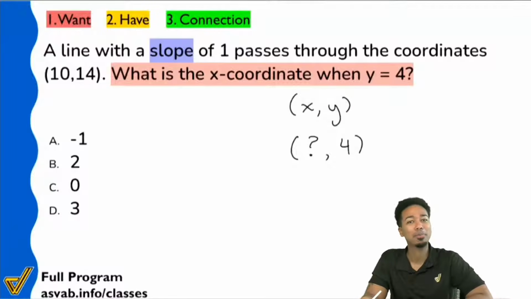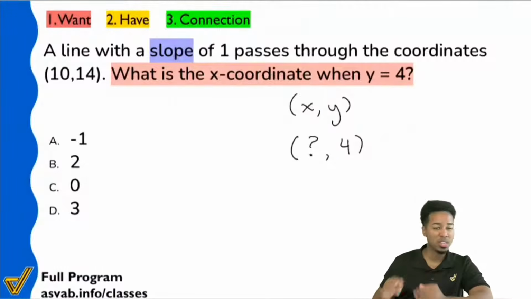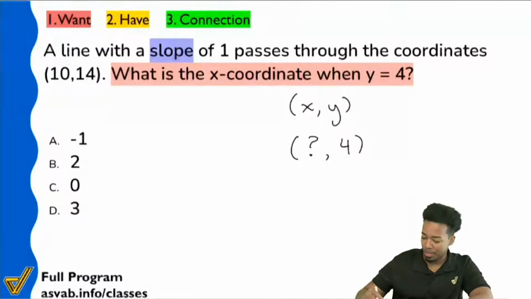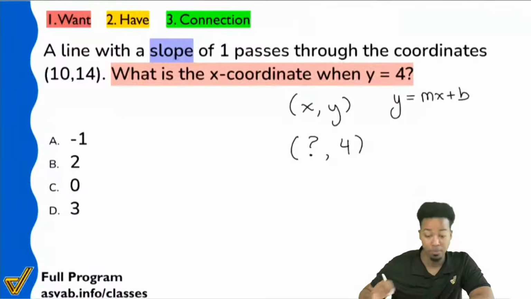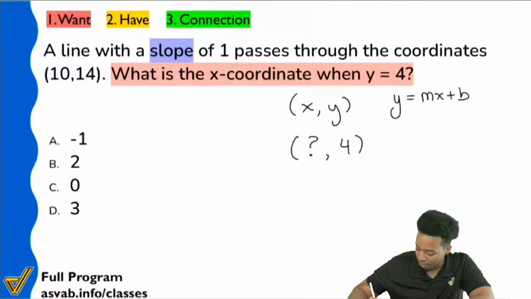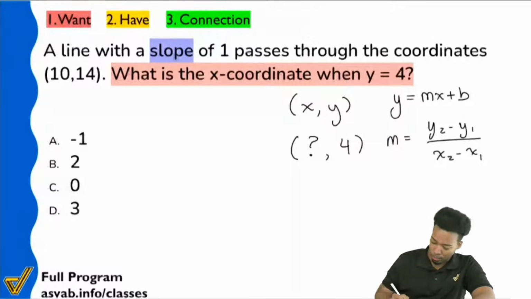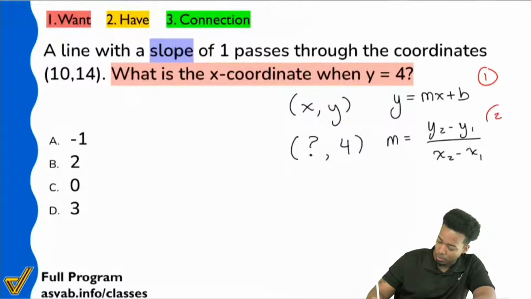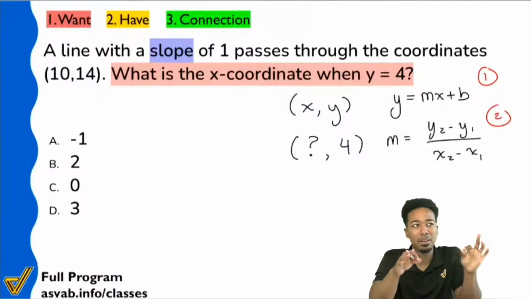Yeah, there's absolutely a potential formula. Now, a couple of us here might be thinking one of two things. Some of us might be thinking that we're dealing with a y equals mx plus b problem. On the other hand, some of us might be thinking that we're using this formula here: m equals y2 minus y1 over x2 minus x1. So let's mark these out here: formula number 1 and formula number 2. Which of these formulas do you think best applies to this problem?